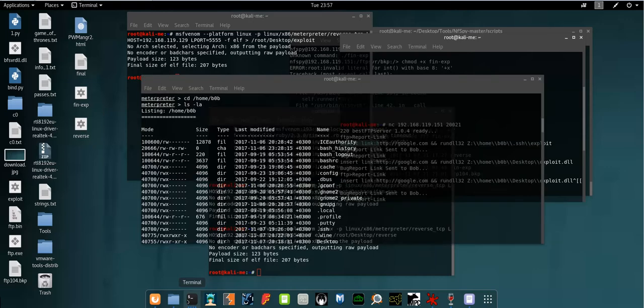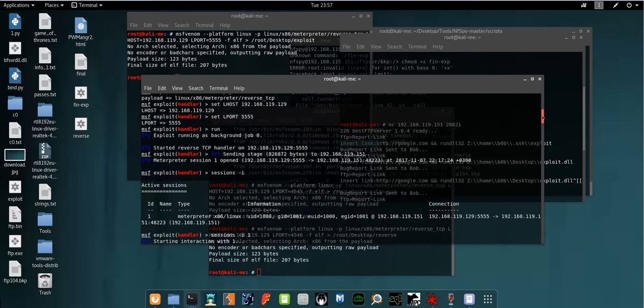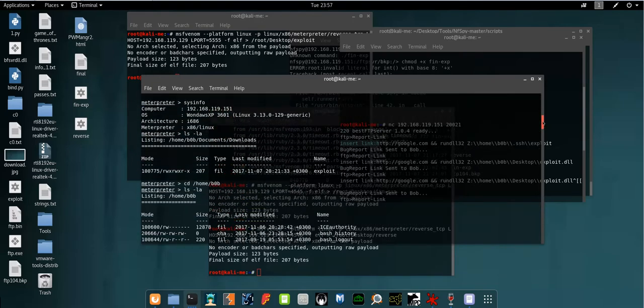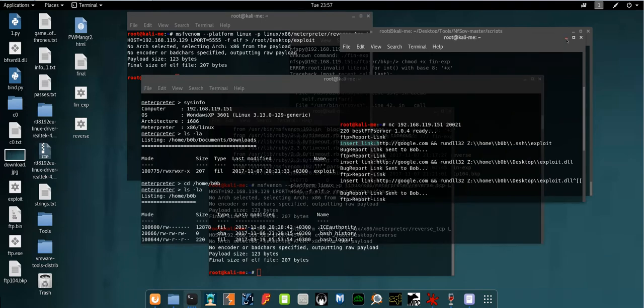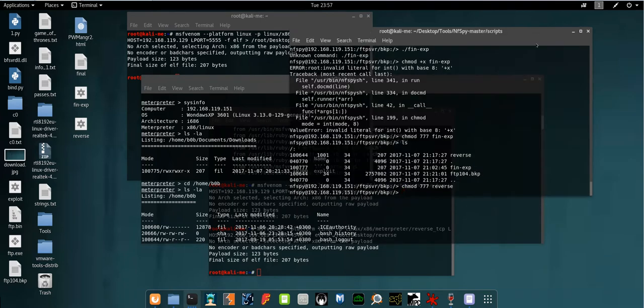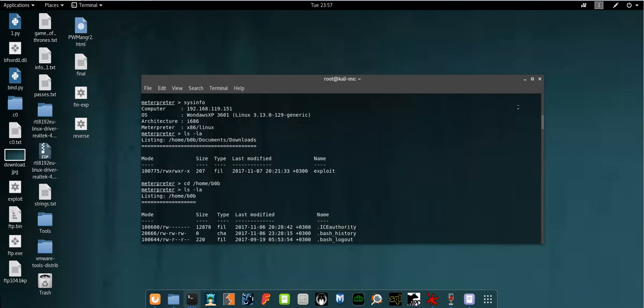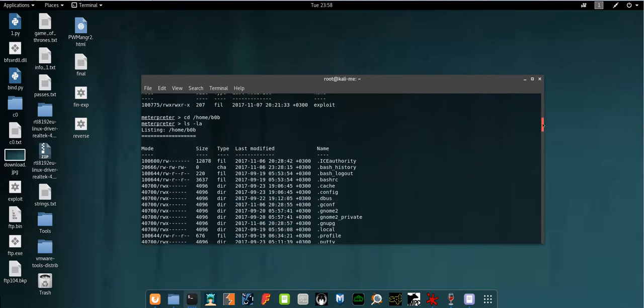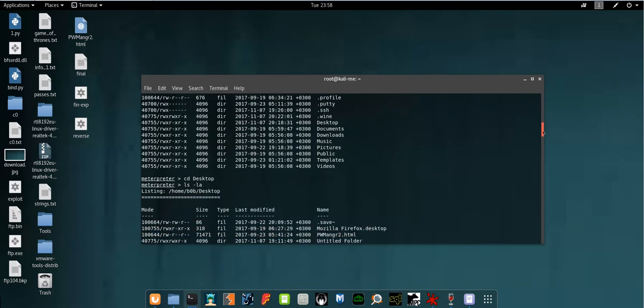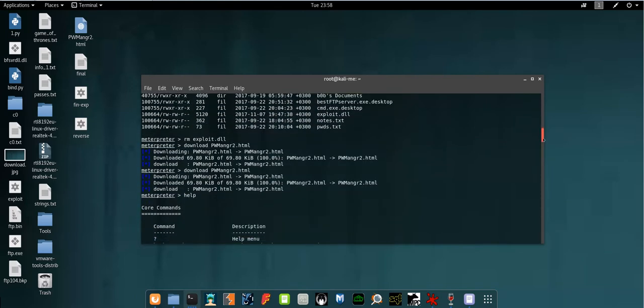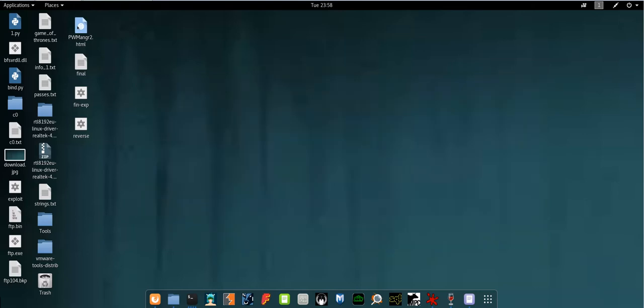Here I have the Metasploit session open, as you can see, and the next step is getting root access to the virtual machine by escalating your privilege. So after a bit of searching in the desktop and directories, I ended up with a password manager file. Now, after downloading this file to my machine,